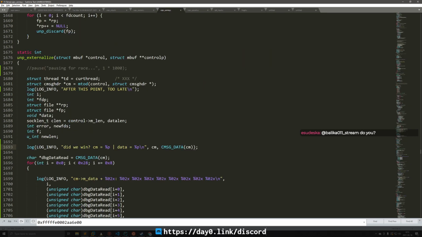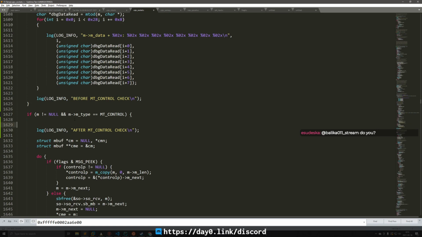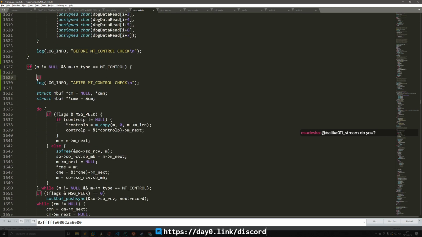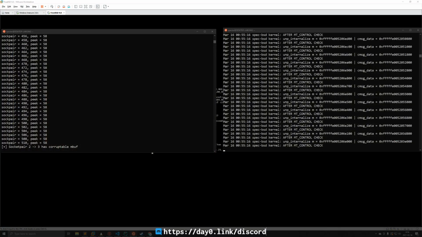I can probably do it quickly. We'll move this after check. We'll also encompass this in an if statement. The same if statement, pretty much. If that is true, log that. I'll put it in curly braces just in case I want to add more code later. Okay. One more kernel build to rule them all.